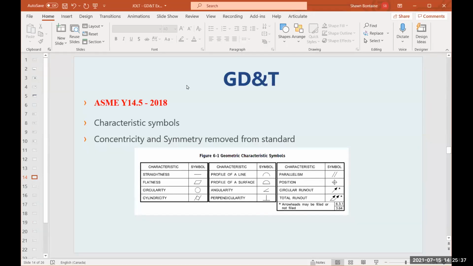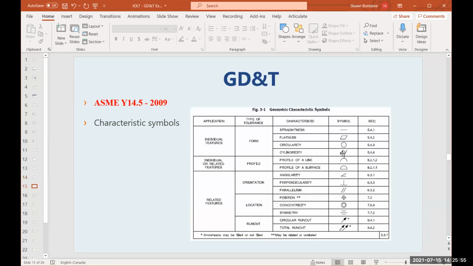So we try to communicate through these characteristic symbols, feature control frames, and datums to help cut down on the writing with these universal standard. So here you can see the individual characteristic symbols. If I come down to the 2009 standard, they gave it in a very nice chart